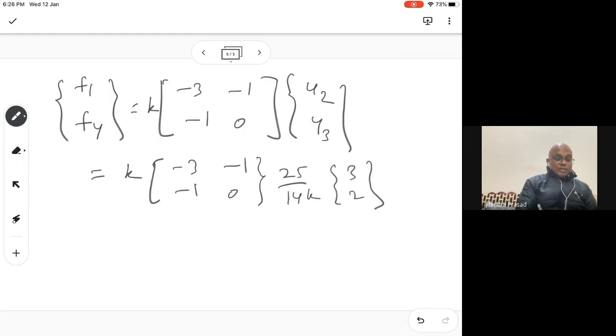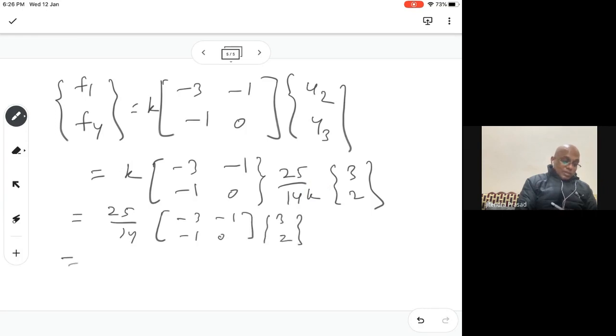That's what we have, right? Okay, that will be equal to, so you see k and k are common here, so they cancel out, then 25 over 14, right? And then we have minus 3 minus 1 minus 1 0, and then 3 2 is equal to 25 over 14, and then we can